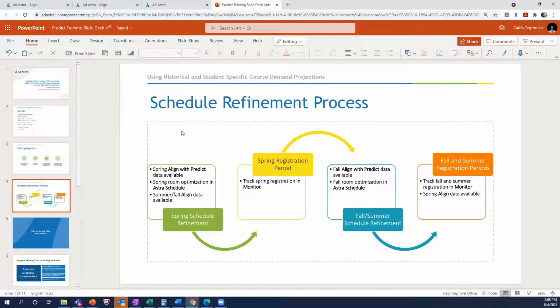We're talking about the specific set of data that Ad Astra provides that we call Align and Predict. Those are the two coined names that are specific to our schedule projections, or the course by course projections. We wanted to start that conversation with an understanding of where this fits within the schedule refinement process. Where does this data come into play, and how have we seen different institutions insert this